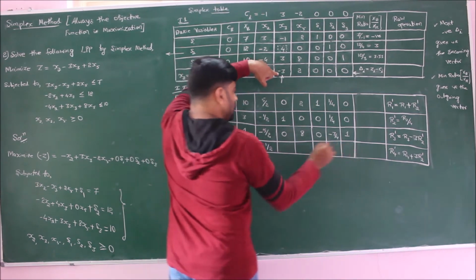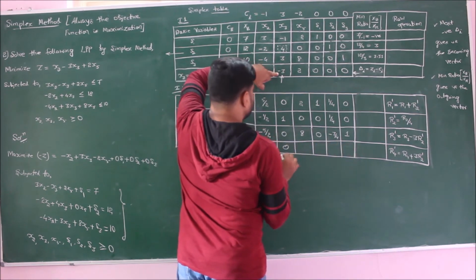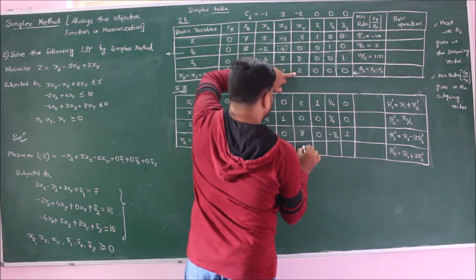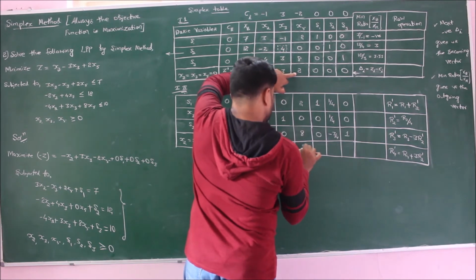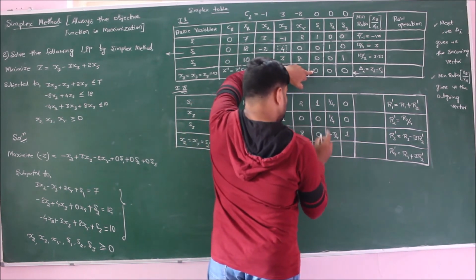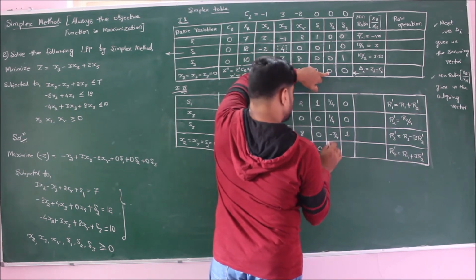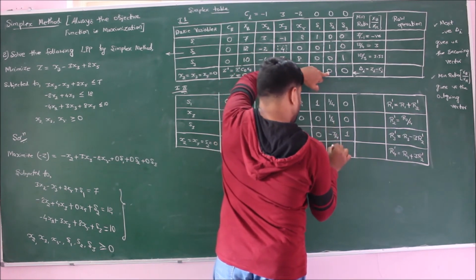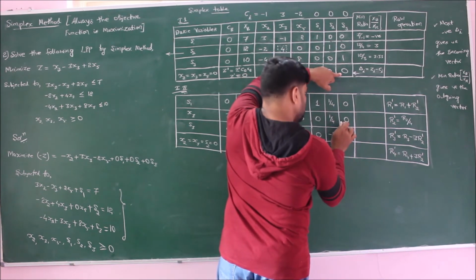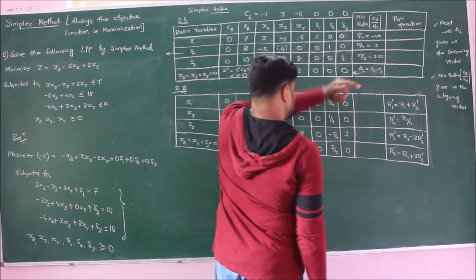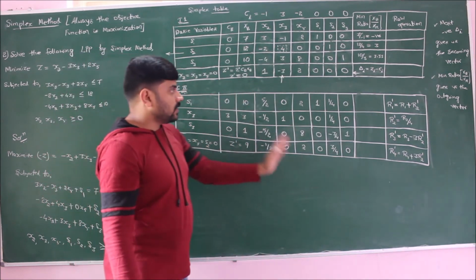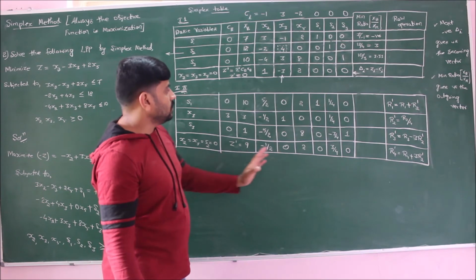Here I have minus 3 plus 3 into 1 will become 0, that is what I require. Here I have minus 2 plus 0 will become plus 2. Here I have 0 plus 3 times 0 will become 0. Here I have 0 plus 3 by 4 will be 3 by 4. Here I have 0. Here also I have 0, so therefore it will become 0. So this completes the operation for the matrix from XB to S3,